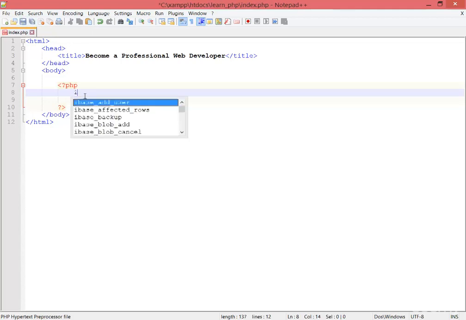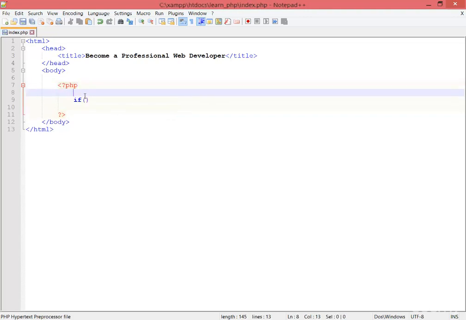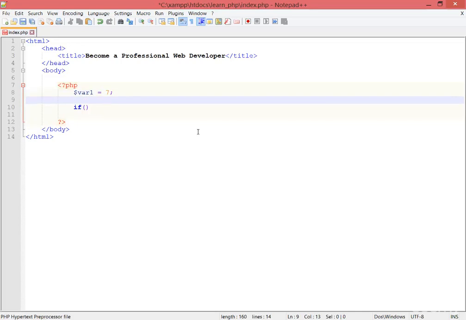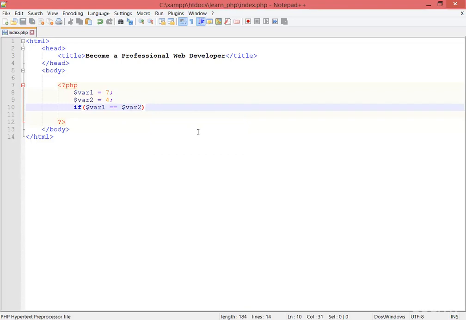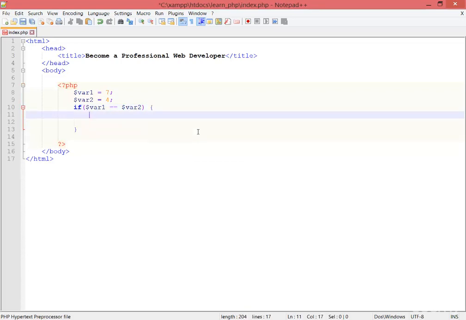I'm going to show you in a practical way. I'm going to create some variables. For example, I'm creating var1, and the value for var1 I'm creating as 7, and now var2, and I'm putting it as 4. Okay, great. Now here I'm telling it, if var1 is equal to var2, then okay, otherwise no. But if they both are equal, then this echo should run, or actually this code block will run. So what I'm typing here is